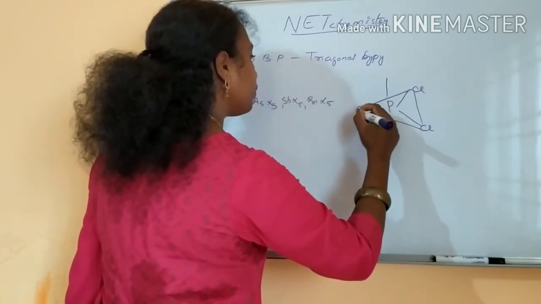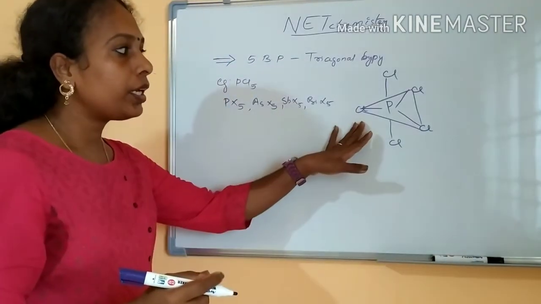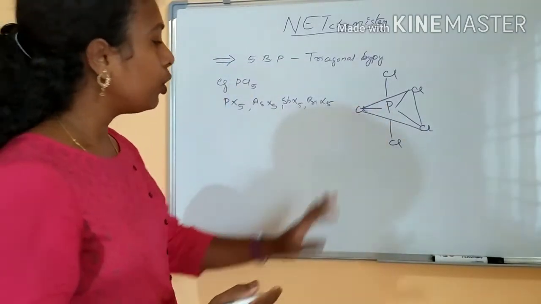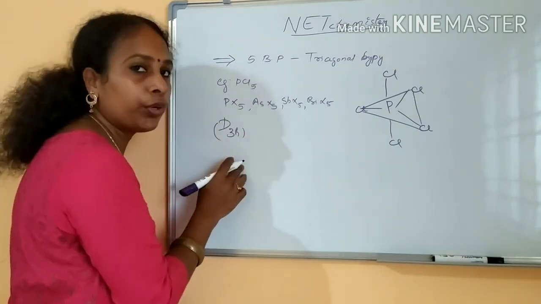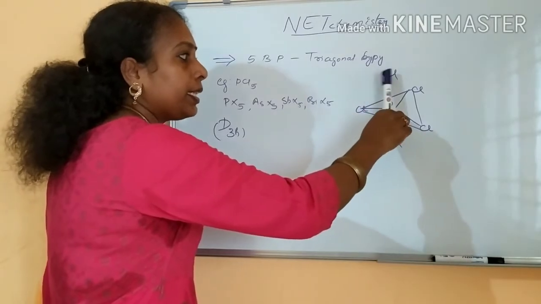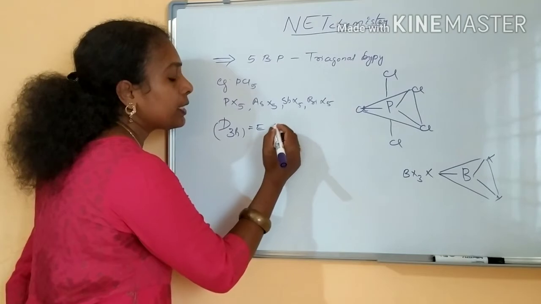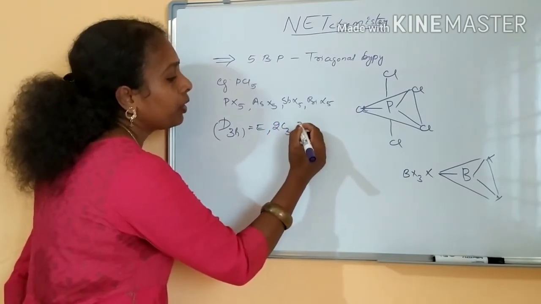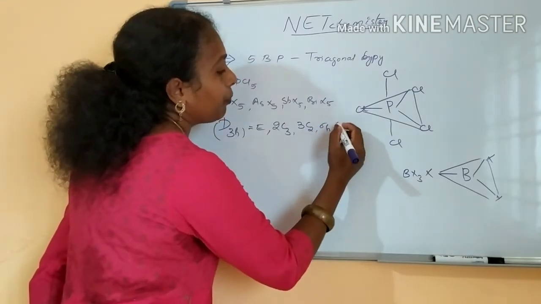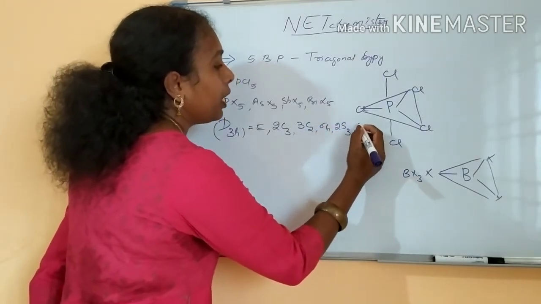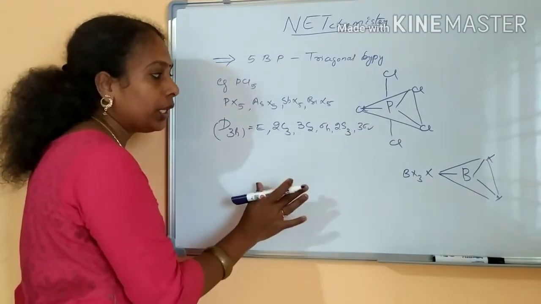Okay, this is the same as the planar triangular molecule, belongs to the point group D3h. Shape is different, okay, but the point group is the same. A C3 axis will pass through P and 2 Cl atoms. The symmetry operations, you know: E is there, 2C3, 3C2, sigma h is there, 2 S3s are there and 3 sigma v's are there. Okay, these all are the symmetry operations for a D3h point group.